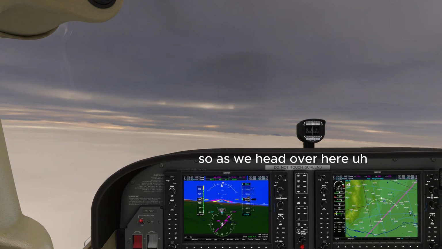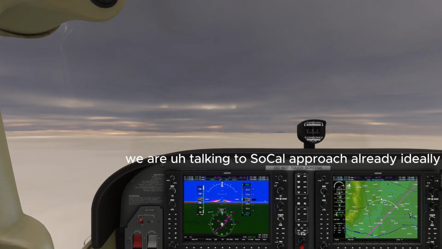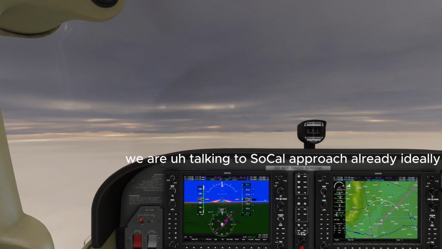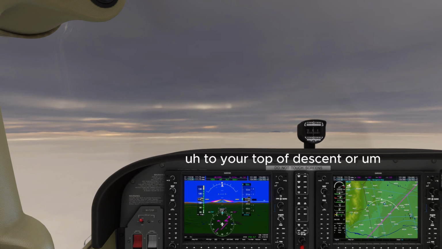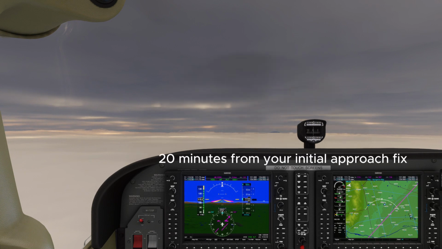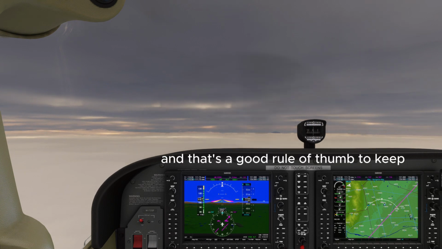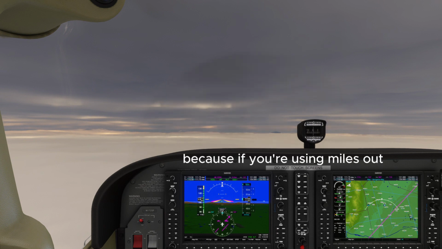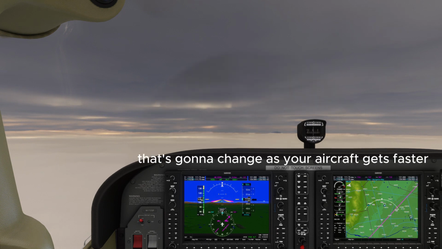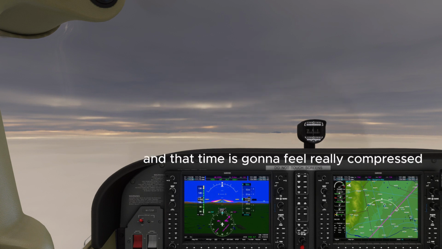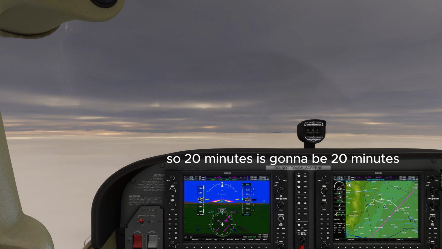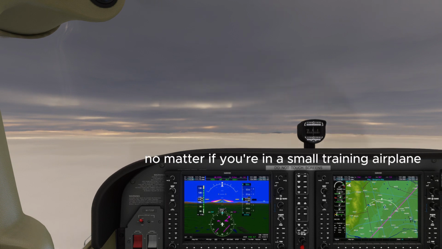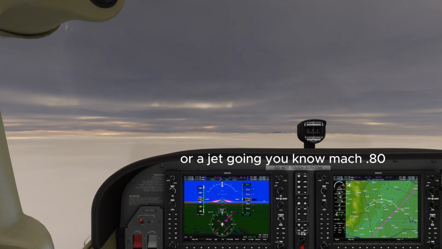So as we head over here, we are talking to SoCal Approach already. Ideally, all of this stuff would be done about 20 minutes prior to your top of descent, or 20 minutes from your initial approach fix. And that's a good rule of thumb to keep for all of your flying, because if you're using miles out, that's going to change as your aircraft gets faster, and that time's going to feel really compressed if you say, okay, well, 50 miles out, I want to do it. So 20 minutes is going to be 20 minutes no matter if you're in a small training airplane or